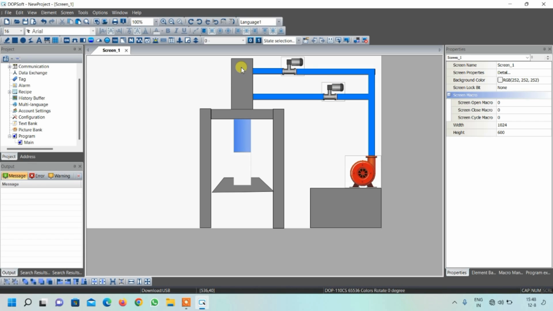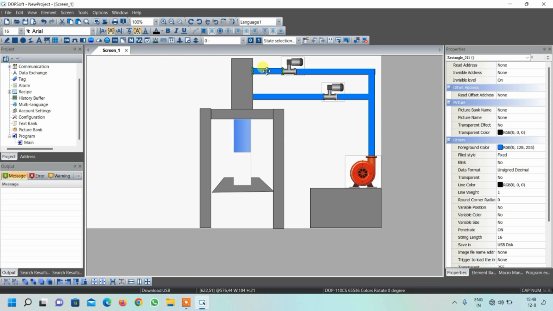Now we have to draw return pipes for cylinder because once the cylinder is in downward position and we want to move it up, there will be some oil over here which will try to go back, but this valve will be off, so oil can't go through this path. So we have to create one return pipes. So again, just copy paste this,